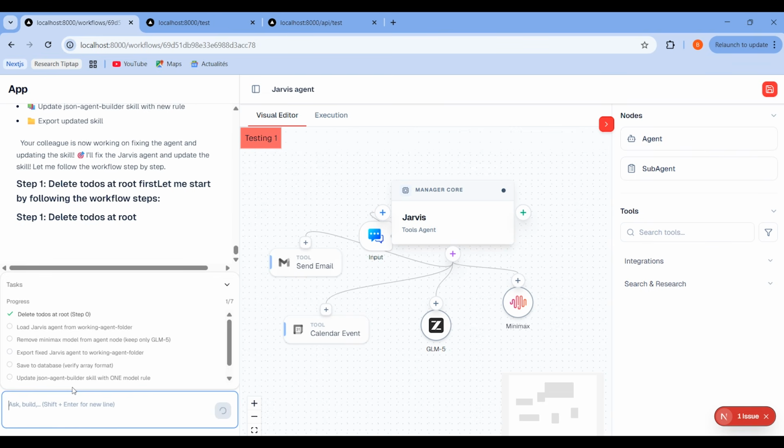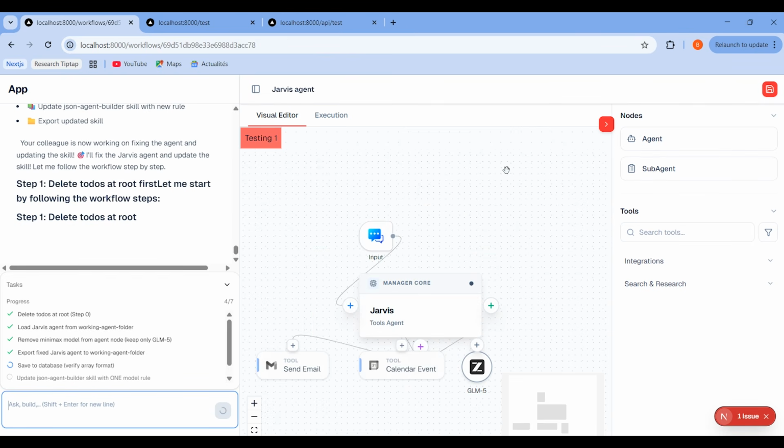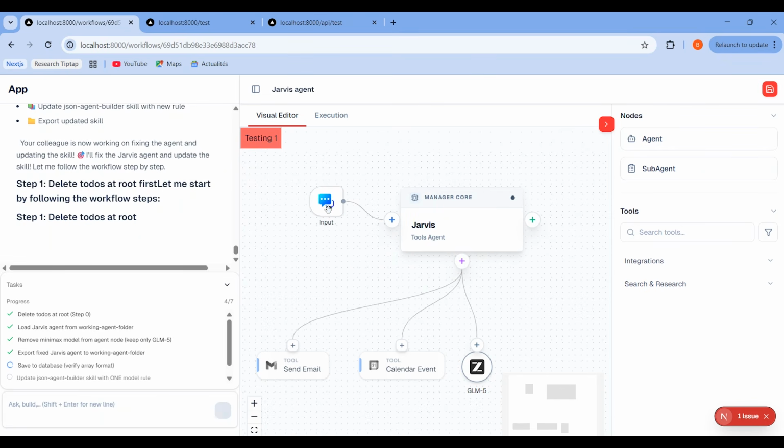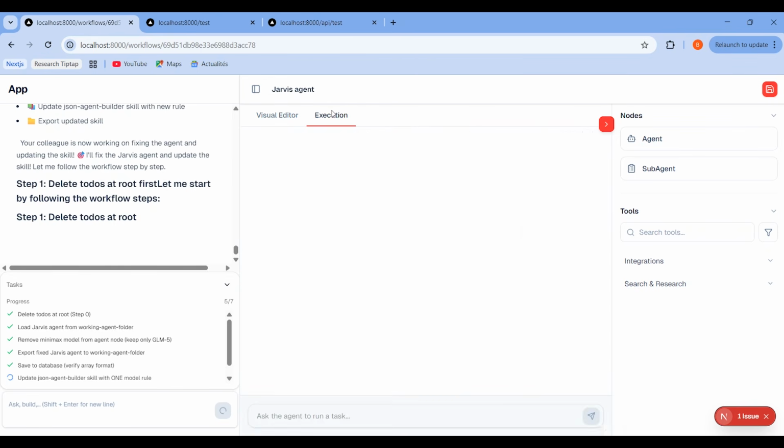Okay, you can see create another to do, guys. And as you can see, the agents update here, the Jarvis agents, the agent builder updated the Jarvis agents. And as you can see, we don't have Minimax here again. Okay. As you can see, it works pretty well. We don't have Minimax. And now I can head in here, and I'm gonna tell the assistant,